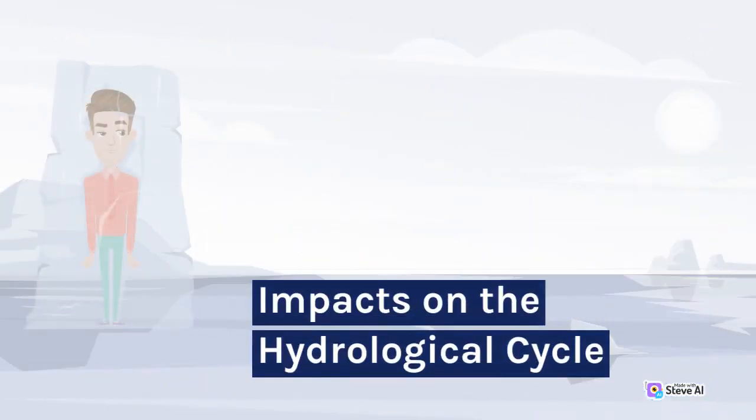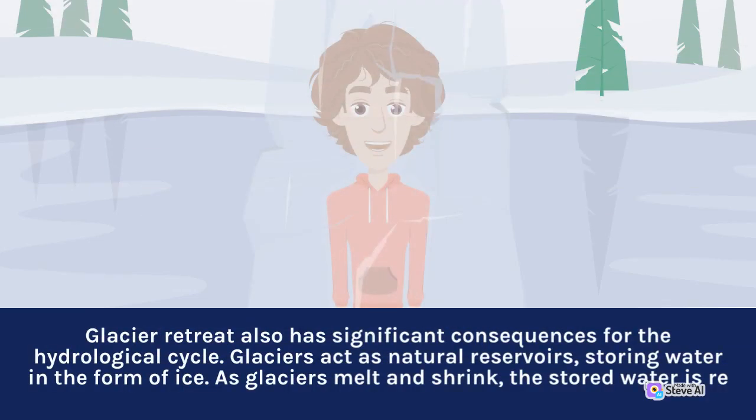Impacts on the hydrological cycle. Glacier retreat also has significant consequences for the hydrological cycle. Glaciers act as natural reservoirs, storing water in the form of ice. As glaciers melt and shrink, the stored water is